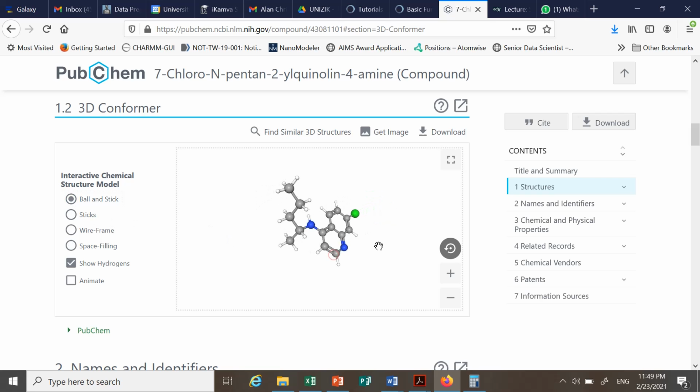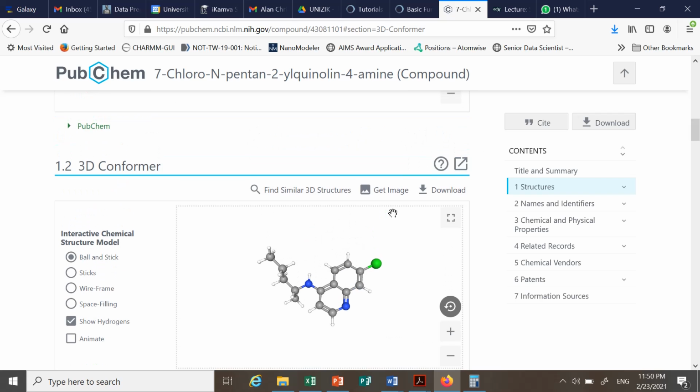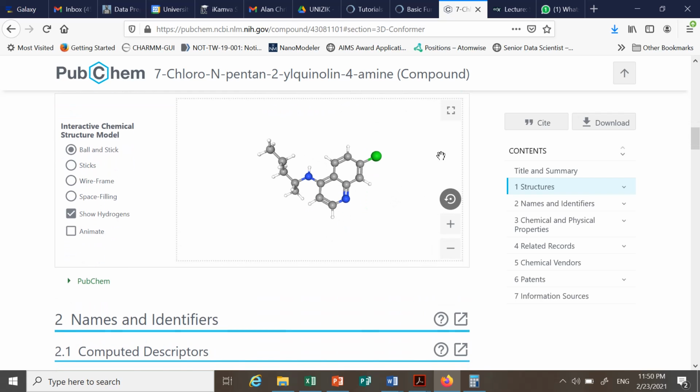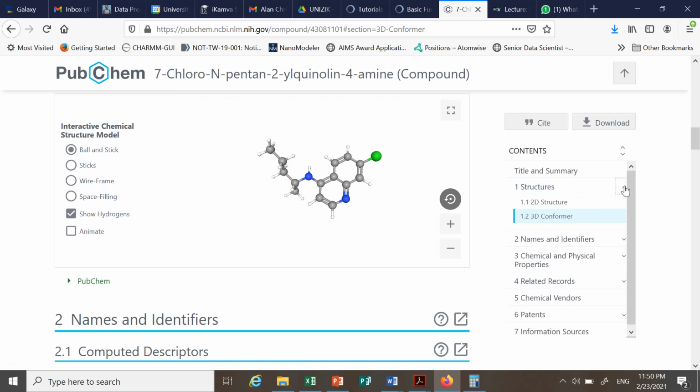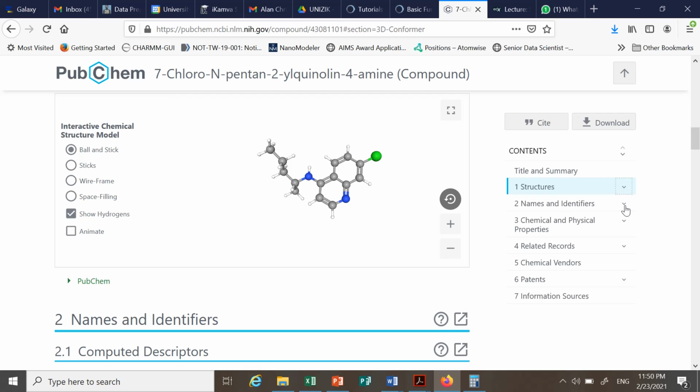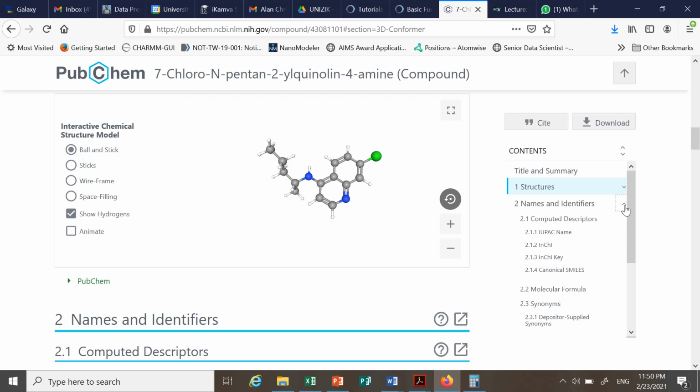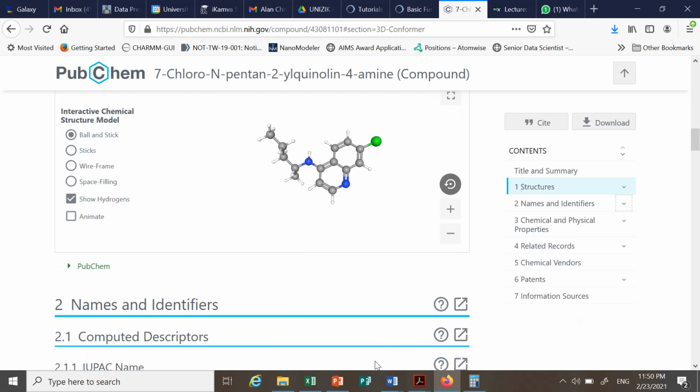You can download the structure from here, but let's not do that for now. Okay, so on this side of the site, you'll see related information to this particular compound. We have the structure, the name, and identifiers, so it gives all that. So if you go down to the names,